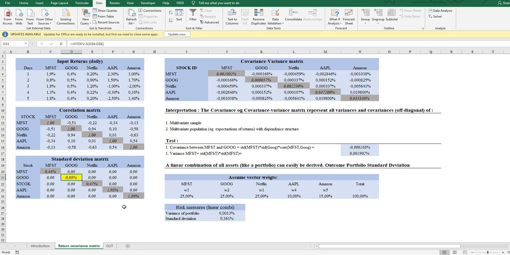Now we need to build the standard deviation matrix, and the standard deviation matrix is pretty simple. It's the same format, same dimensions as the correlation matrix. So number of assets times number of assets, and you fill out with blanks or with zeros actually, and then on the diagonal you just calculate the standard deviation for each asset. And note here, this was what I was talking about, the small difference between the sample standard deviation and the population standard deviation. I use the STDEV.S, which is the sample version,